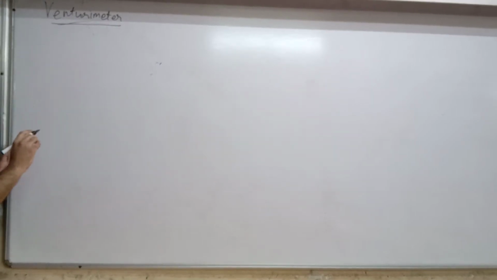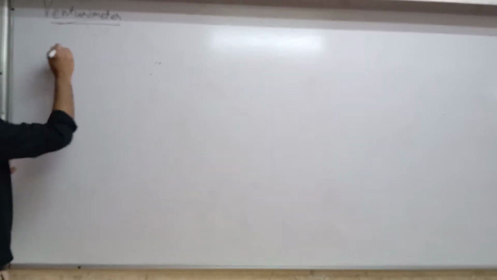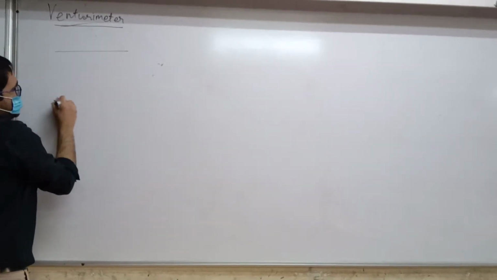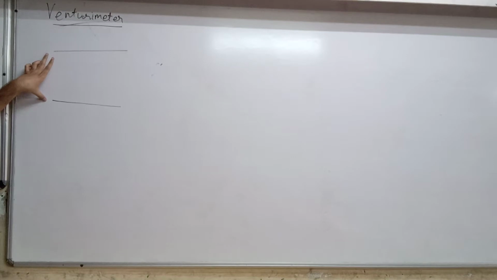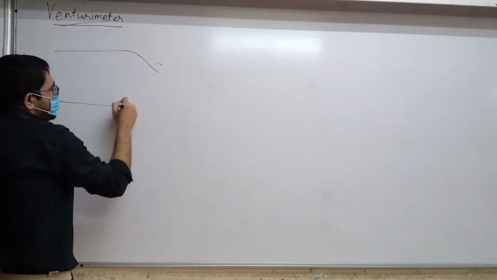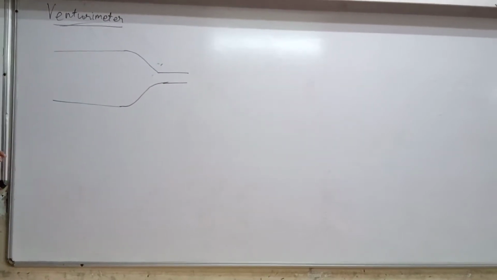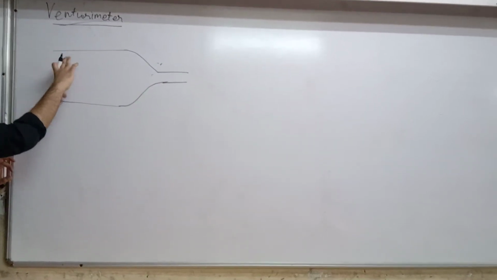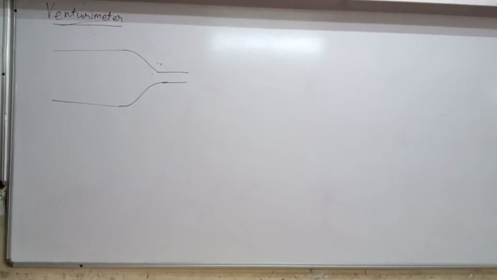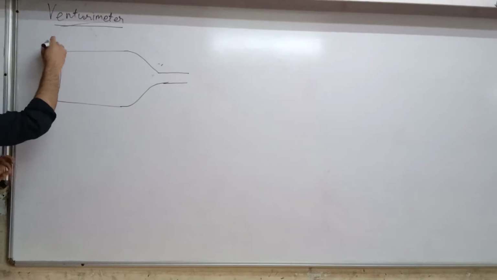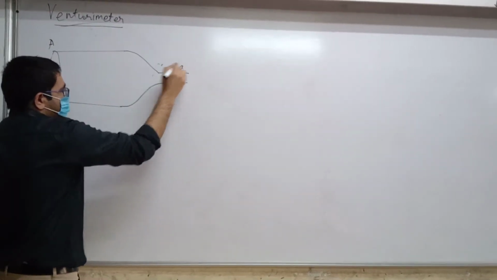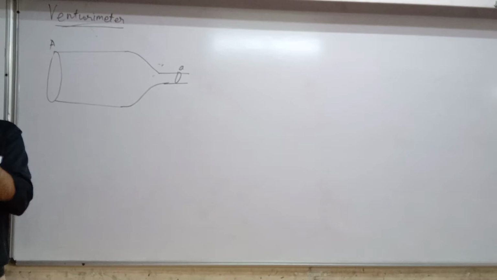Yeah, so how do we use it? Well, this is how it works. A venturimeter actually consists of two different cross sections, one broader and then a narrower one, which is called the neck. This broader one we attach to wherever we want to measure the speed. For example, if you want to measure the speed of water in a pipe, you attach it to that pipe. Let's say this cross section is capital A, following the idea that capital A indicates a larger cross section, and lowercase a the smaller one.